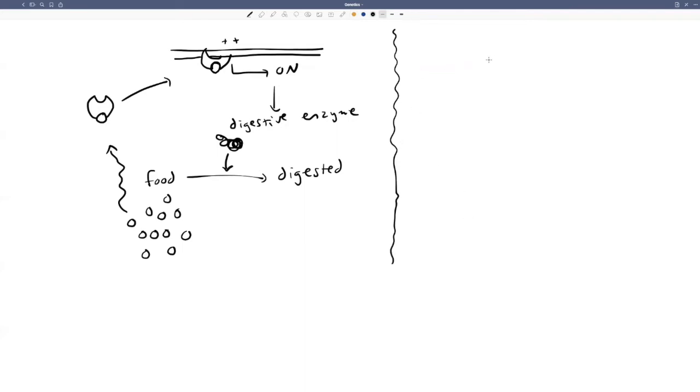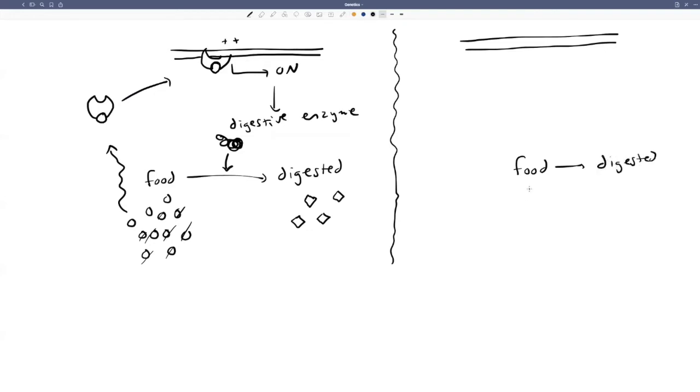And that same system, under all the same controls, the food ran out. So let's say the digestive enzyme came in and successfully digested all of the food particles, or at least most of them, turned them into the product molecules. If the food molecules were in low abundance, let's do just no food. If the food molecules are gone again,